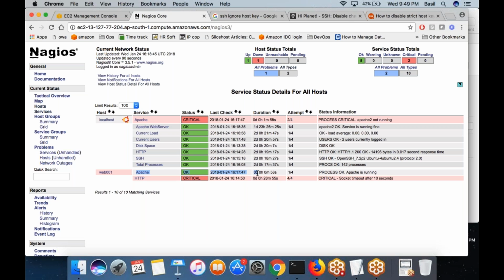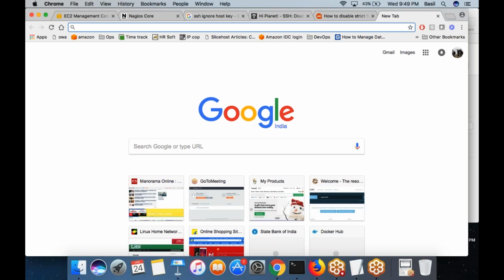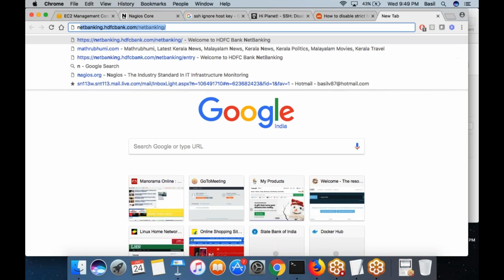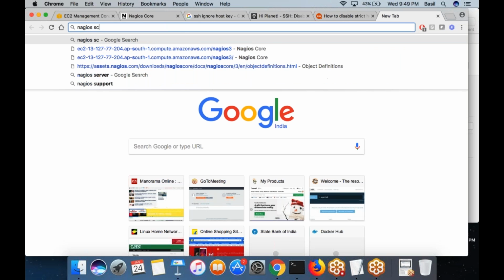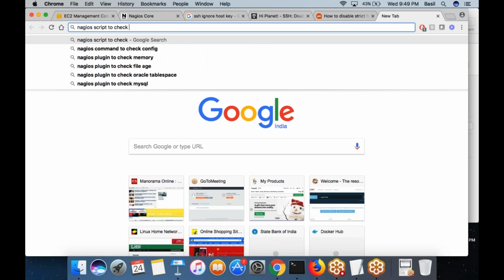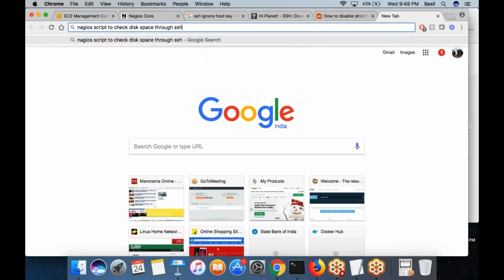Make sense? So this way, you can use an SSH plugin to connect to the remote node and do some kind of monitoring. You can either write it on your own, or you can rely on existing Nagios scripts. Search in Google for a Nagios script to check this through SSH.